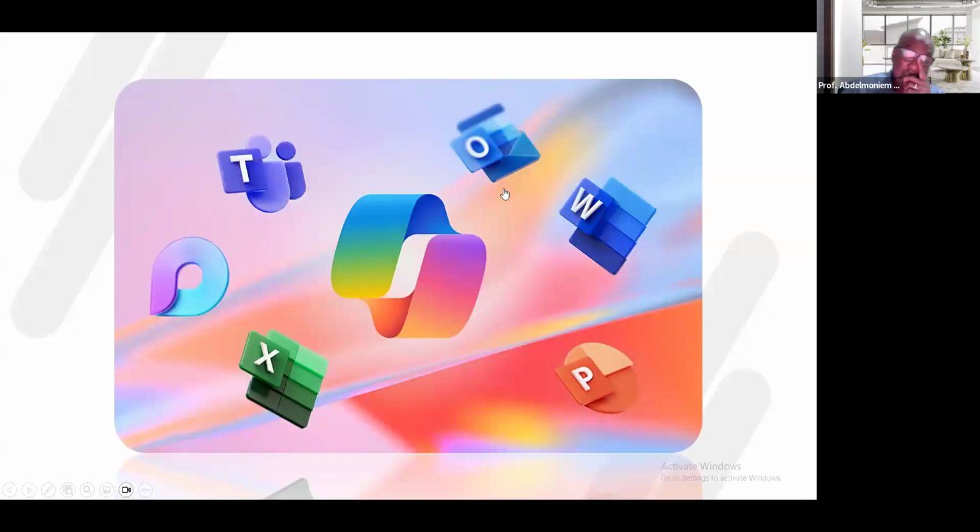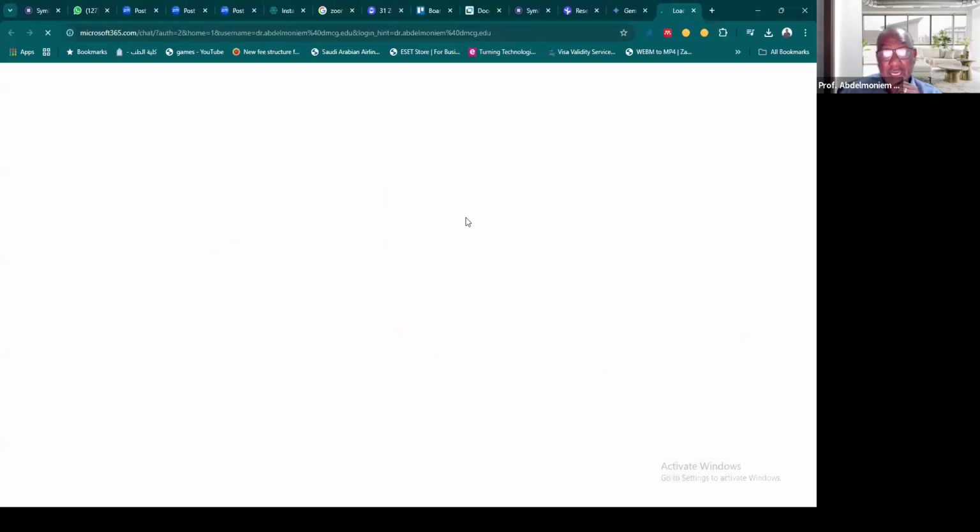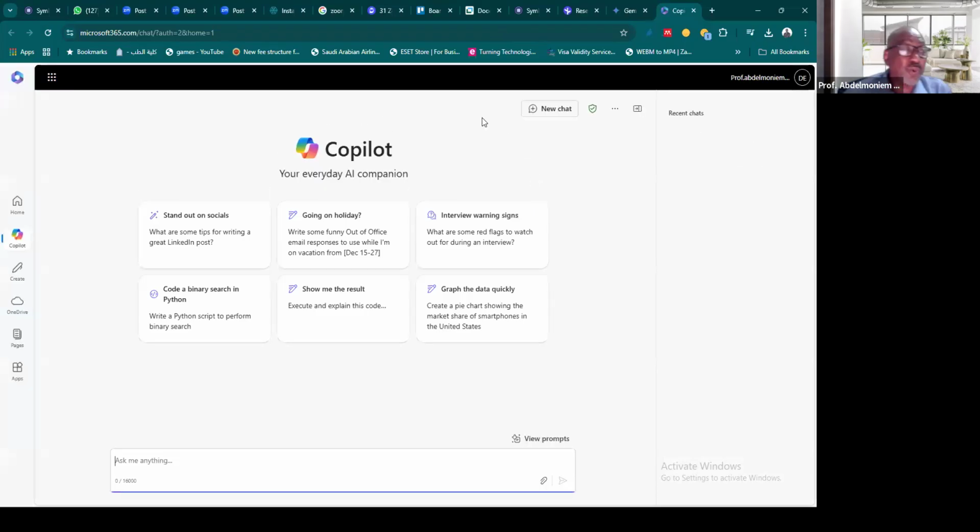This is Copilot, and it is very similar to Gemini and ChatGPT. So you also go there and start chatting with Copilot. Now, Copilot and Gemini are not just chatbots, but they help you in different ways. For example, Copilot is an AI in your Microsoft Word documents, and you can use it there. You can use it as a Copilot in PowerPoint and so on.